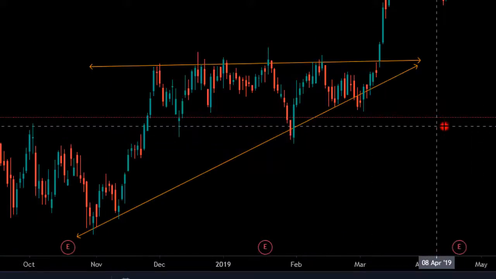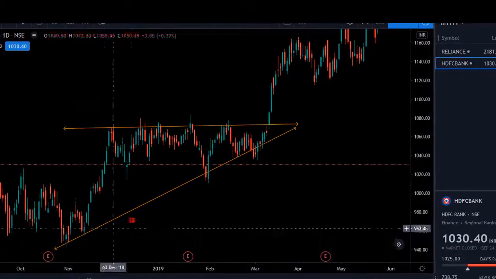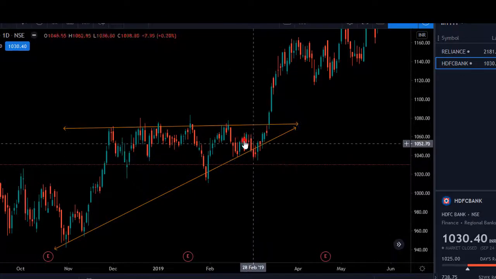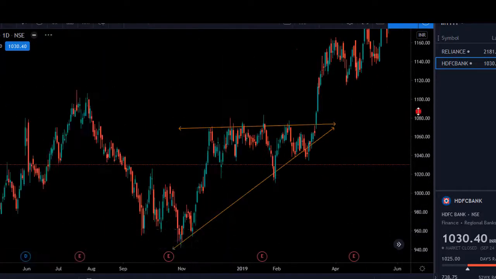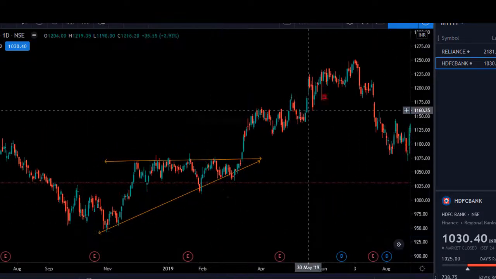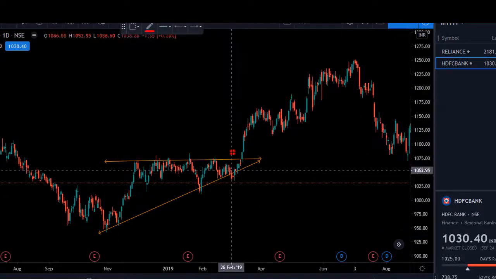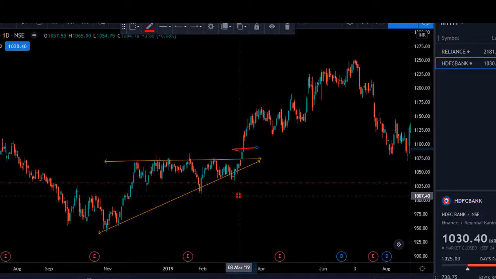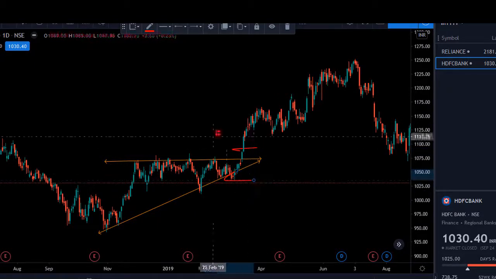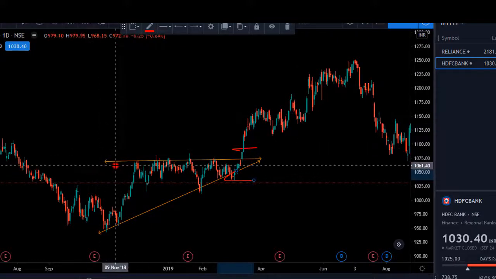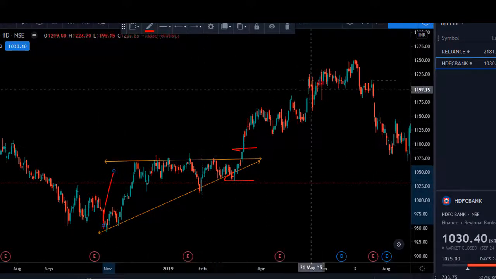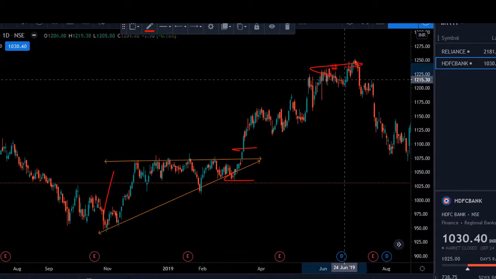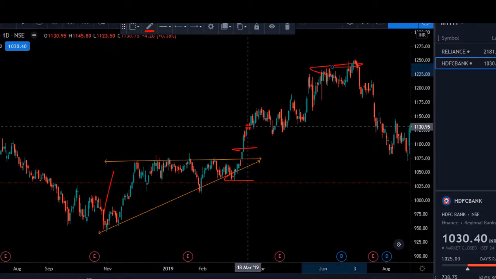So this is the ascending triangle. You can see the price has been hitting the resistance, and the buyers keep pushing the price, and after that it broke out. Also if you zoom out, you can see the price was massively in an uptrend. So if you could have entered the trade at this level, and kept your stop loss somewhere here, you still make enough profit. When you measure the distance between this support and resistance, we have made more than that here, so we could have exited the trade with a good enough profit. So this is how you can make profit, and you can find this triangle in every stock.